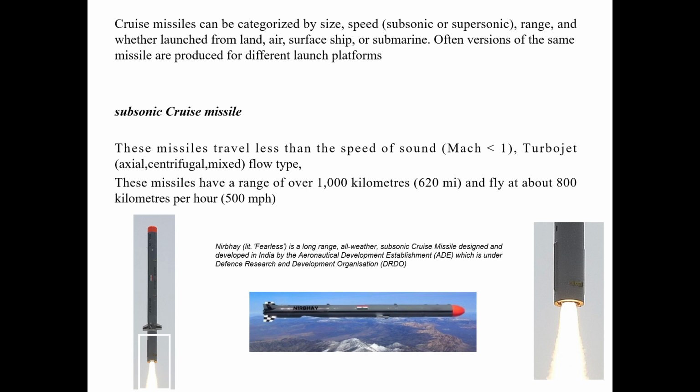It uses either axial, centrifugal, or mixed turbojet. So the missile range can vary from 500 to 1000 kilometers. So the Nirbhay, which is India's own cruise missile developed and designed by DRDO, is propelled by a turbofan engine. So we call that engine a